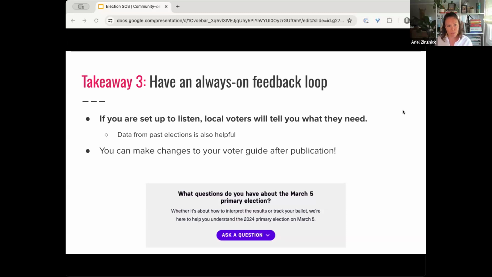When you have one of these always-on feedback loops, for us at LAist, it looks like this question box that you see on the screen. We use Harken, but you could do it with any number of audience listening tools if Harken isn't something that your newsroom uses. As soon as we launched the 2022 general election voter guide, we started immediately getting questions about the California State Court of Appeals. We hadn't done a guide to that race because we left most of the statewide races to our partner CalMatters, who does an excellent job on that, but they hadn't covered the California State Court of Appeals guide and they weren't planning to.